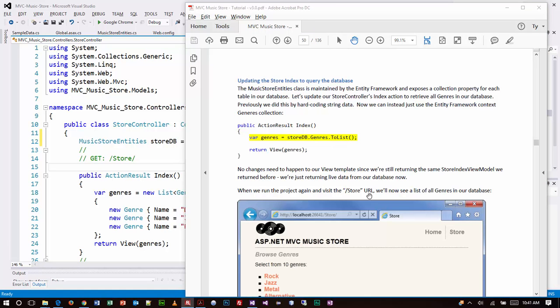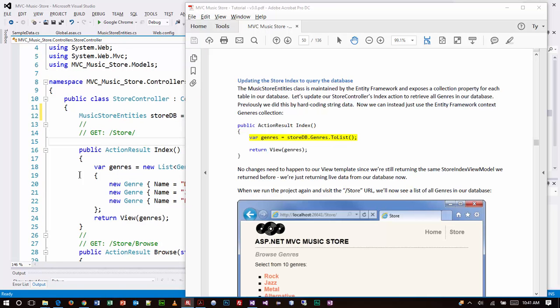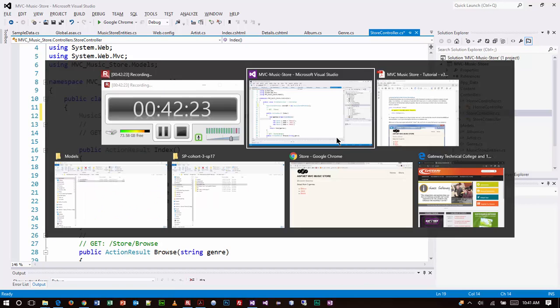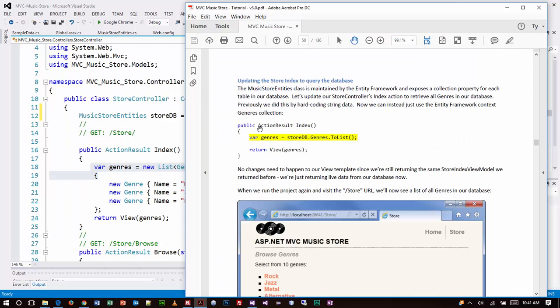The next task that we have here, it says, let's update our store controller's index action to retrieve all the genres in our database. So let's drop down to the index method here, and we know that this stuff is hard-coded now, right? So we don't need to do it here. So we're going to keep the view in place, but we're going to replace this whole section here with this very simple little declaration, which, because of the way that we've structured things,